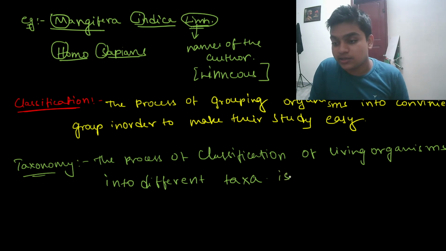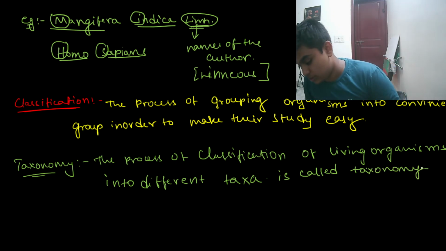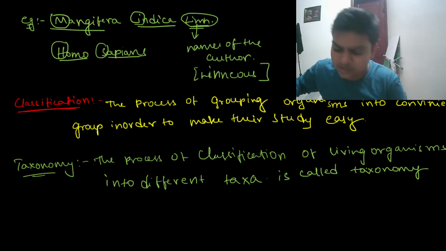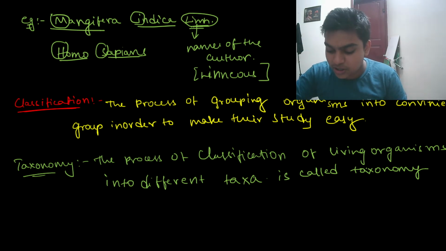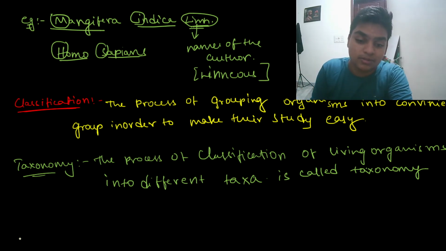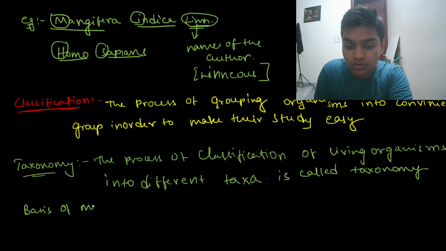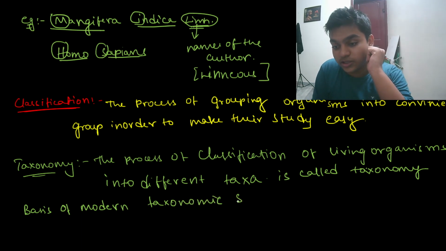Classification into different taxa is called taxonomy. Along with external and internal structure, the structure of cell, development processes, and ecological information of organisms are essential and form the basis of modern taxonomic studies. Now there can be a question from this: the basis of modern taxonomic studies